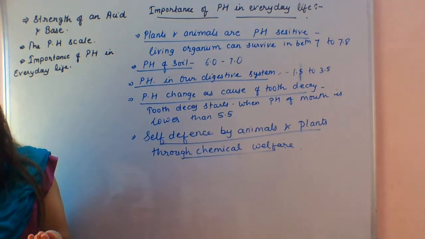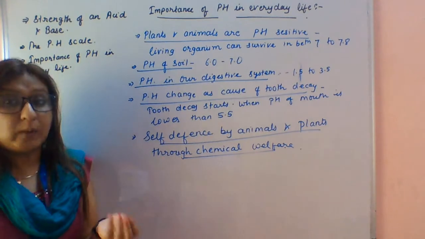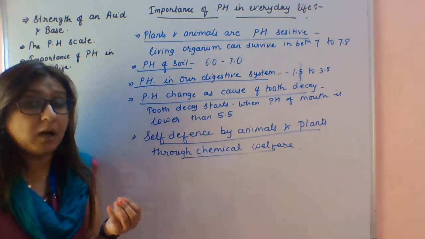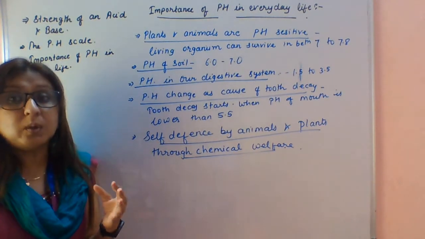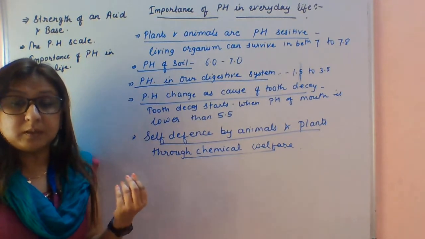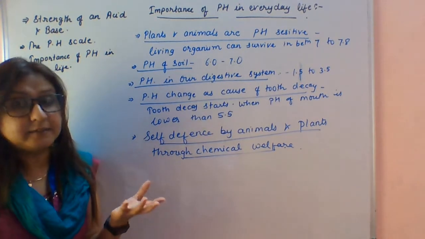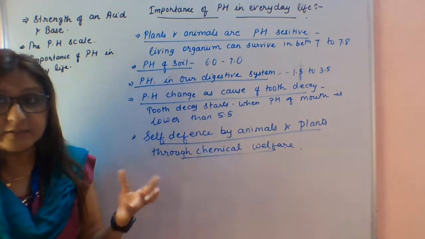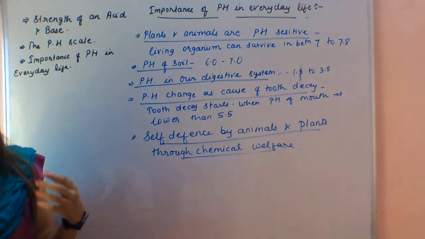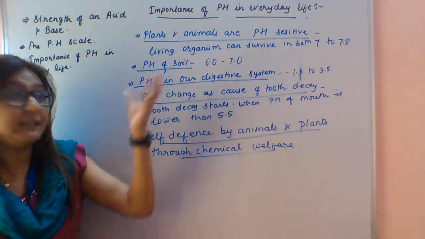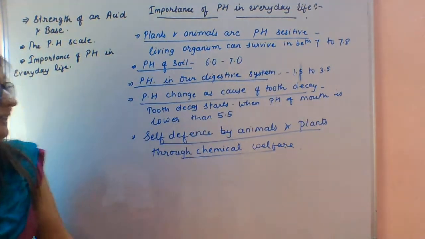Acid rain flows into the rivers. It will harm aquatic life, and you have also heard that acid rain damages buildings and machineries. So this pH value should definitely be between 7 to 7.8.